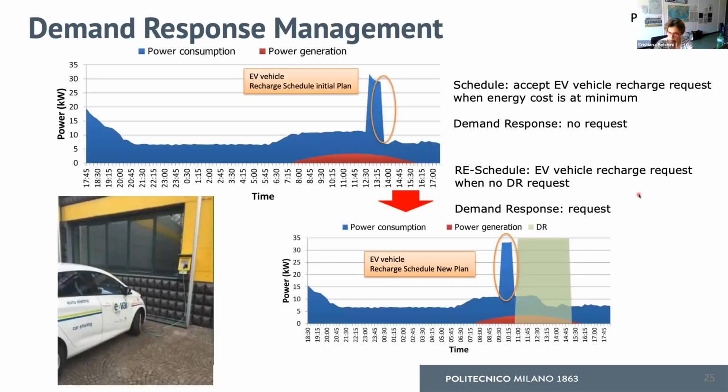Here we have a screenshot of some policies. Usually we had a request for the vehicle charging at a certain time in the day, for instance, after lunch. The idea is that when we have a request to reduce our use of energy in that moment of the day, it is possible to reschedule the recharging in order to meet some opportunities to save energy and earn money for the demand response opportunity.